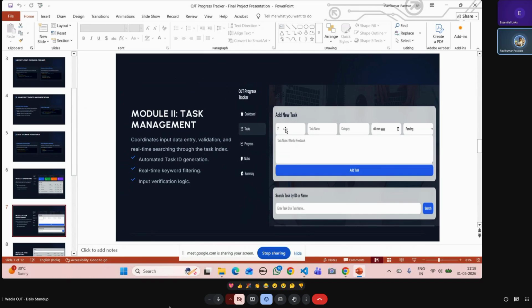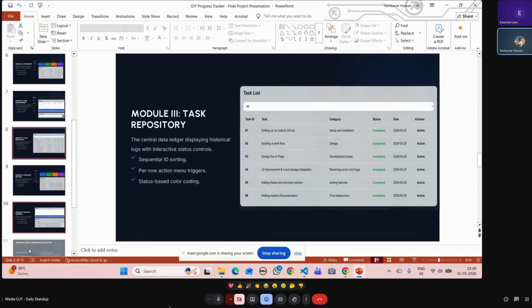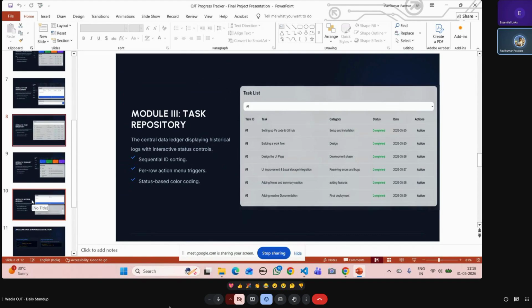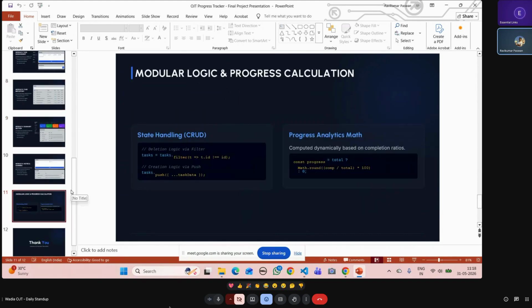Not every time do we have to add it manually. If we want, only then we can add those IDs. If we don't want it, it automatically increments by 1. And these are screenshots of tasks and CRUD operations. For CRUD operations, I have also added the actual logic.